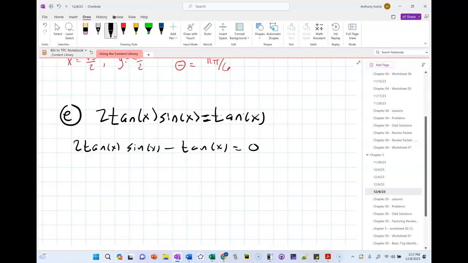So 2 tan x sine x minus tan x doesn't look like a quadratic, right? So I'm not going to factor by looking for the 2 things that multiply to give me something and add to give me something, because I don't have anything